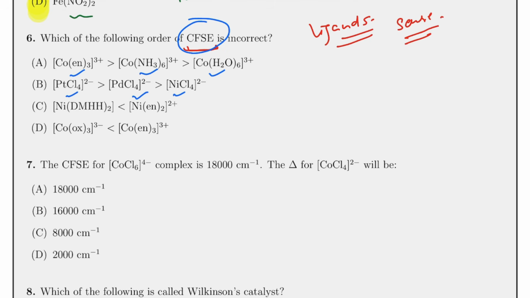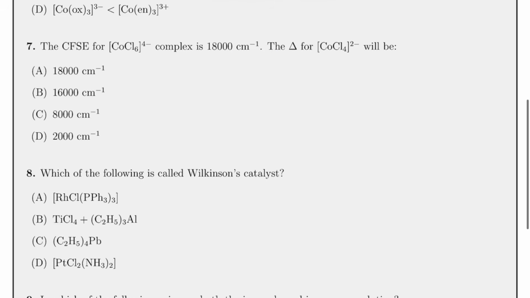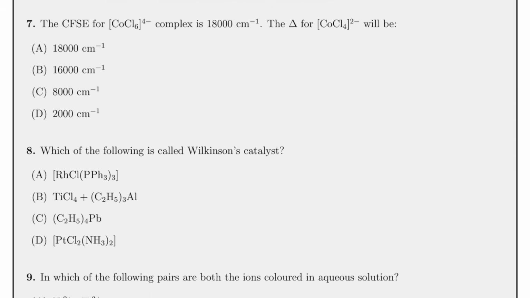And of course, not only the ligands, but over here you can figure it out, electronic configuration also is very, very important. So that also you have to take care of. Similarly, for the second one, you know that if CFSE is there, basically energy is there, then delta for this will be how much? So actually you can fill this out to be octahedral,